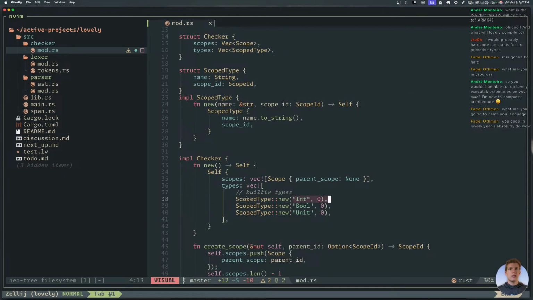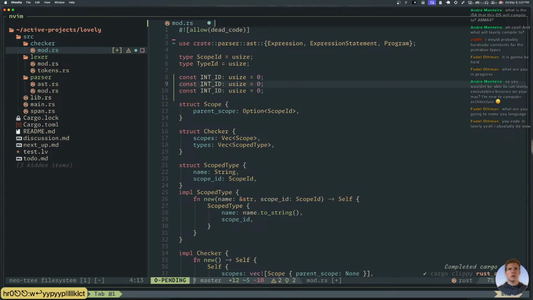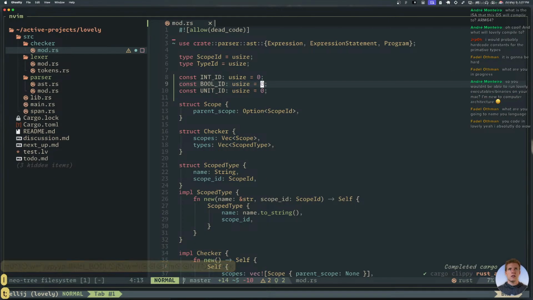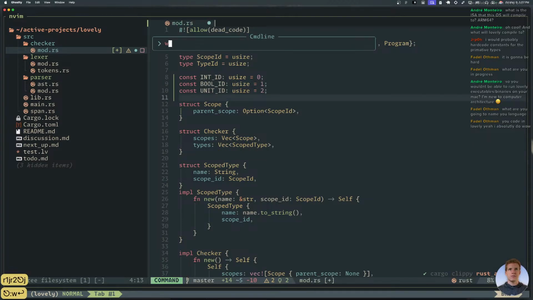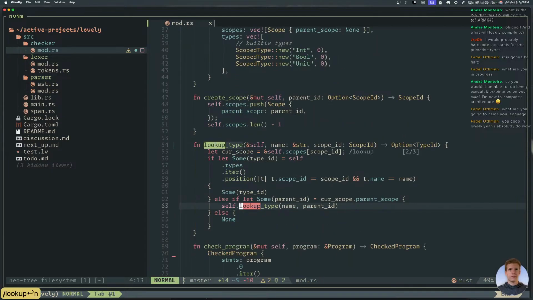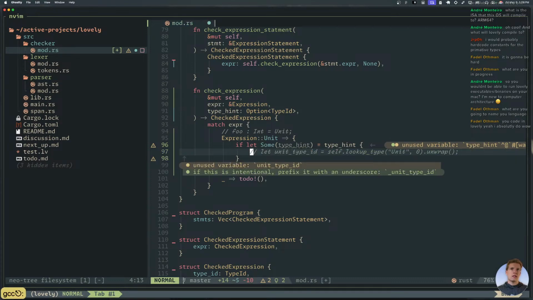So int is actually going to be 0, bool is 1, and unit is 2. So this becomes that and that. So then when I do the lookup, here I actually don't really need that, because now we have that.